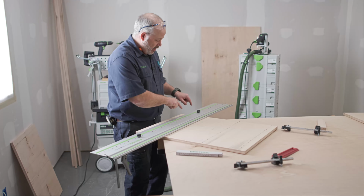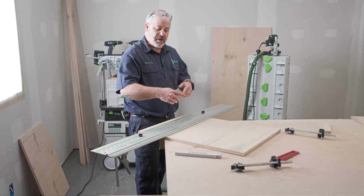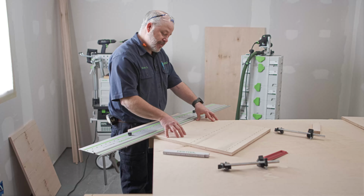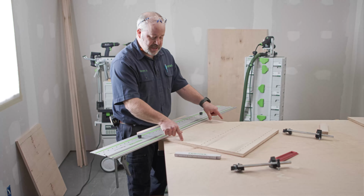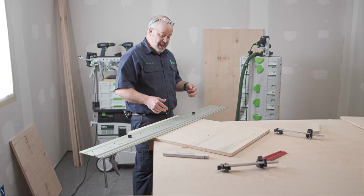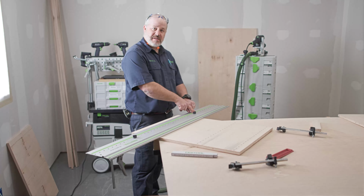So whether I'm coming from this direction drilling my holes or if I'm coming from this direction drilling my holes, all the holes are going to be aligned perfectly. Now, if your panel isn't divisible by 32, that's where marking your top and the bottom of the panel comes into play. What I've done in the past, if I have a panel that's not divisible by 32, I'll just